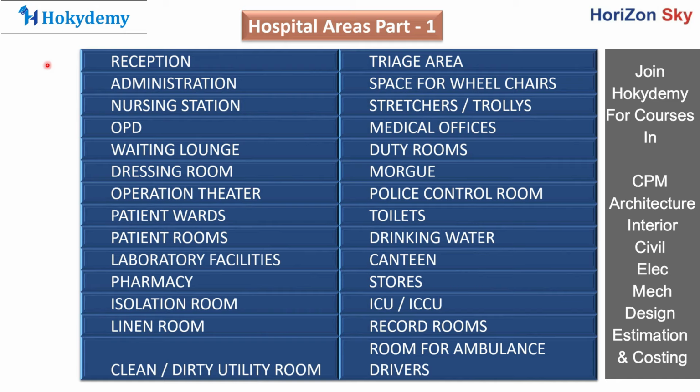Now, there are multiple levels of waiting lounge in hospitals. The most common one is the general waiting lounge, where any kind of people that are visiting the hospital will be seated. Unless it is an emergency case, you will be told to wait in that common or general waiting lounge. Then we have a waiting lounge for admitted patients. That is, if a family member or a friend of yours has been admitted to some kind of room in the hospital, then there will be a separate waiting lounge for you.